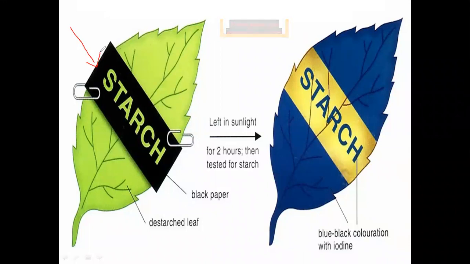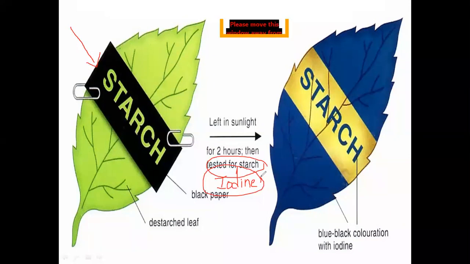After 2 hours, we did the iodine test. We test for starch. So this test is done to identify the presence of starch. If it gives a dark blue, this means that we have starch. If it doesn't give a dark blue, and it gives yellow, orange, or brown, whichever of these three colors, this means that there is no